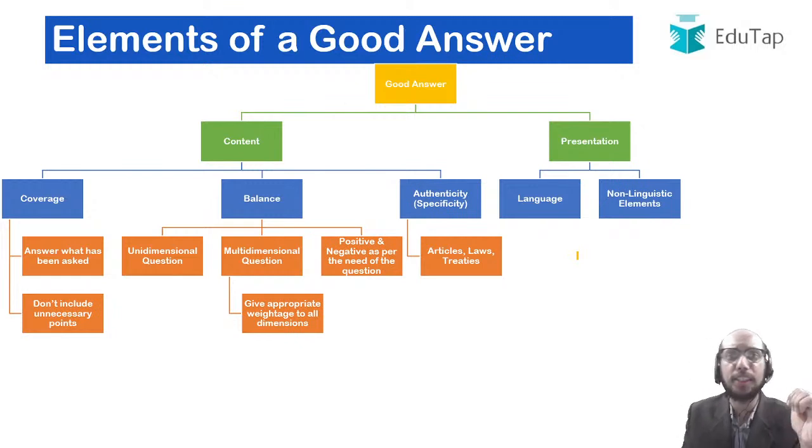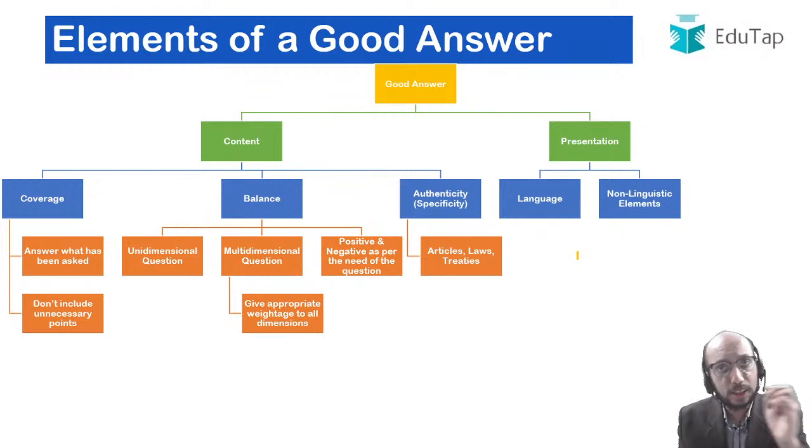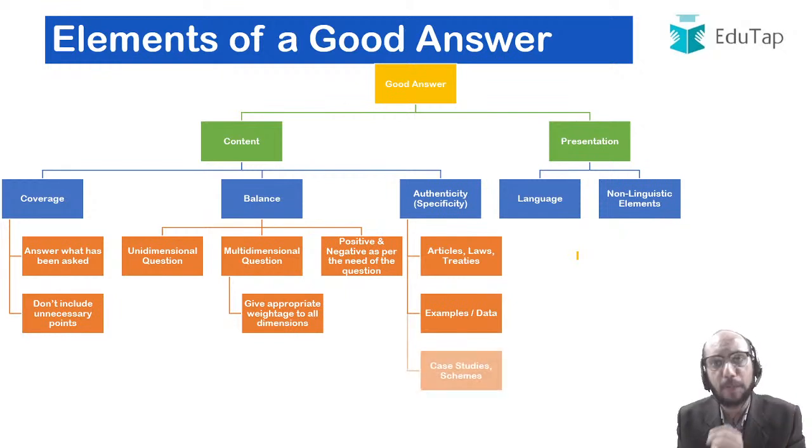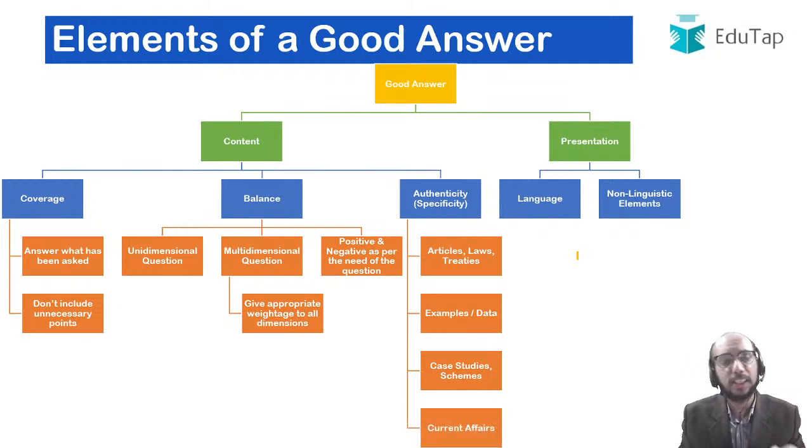By not including these articles, by not including these laws, by not including these treaties, और गोलमोल आंसर लिख रहे हो, राइट? तो उससे क्या एग्जामिनर को मालूम पड़ेगा कि हाँ, कैंडिडेट को कुछ ना कुछ आइडिया है, थोड़ा बहुत जानता है, लेकिन पूरे तरीके से नहीं जानता। क्योंकि अगर पूरे तरीके से जानता होता तो आर्टिकल्स, लॉज, ट्रीटीज लिख लिख कर बात करता था। तो इट इज वेरी इंपॉर्टेंट कि आपको आर्टिकल्स, लॉज, ट्रीटीज वगैरह मालूम होने चाहिए, एग्जाम्पल्स और मोस्ट इंपॉर्टेंट डेटा मालूम होना चाहिए, अच्छी केस स्टडीज और रेलेवेंट स्कीम्स के नाम मालूम होने चाहिए,